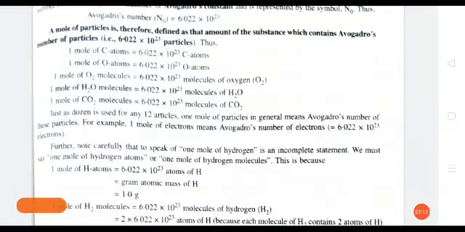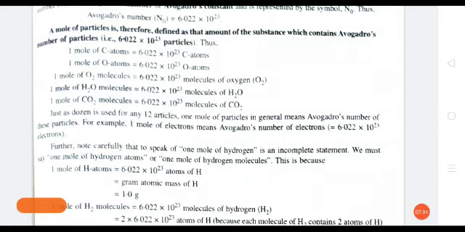Okay, so we can summarize that a mole of particles is therefore defined as that amount of the substance which contains Avogadro's number of particles, that is 6.022 into 10 to the power 23 particles. 1 mole of H atoms, 6.022 into 10 to the power 23 atoms of H, which is equal to the gram atomic mass of H,